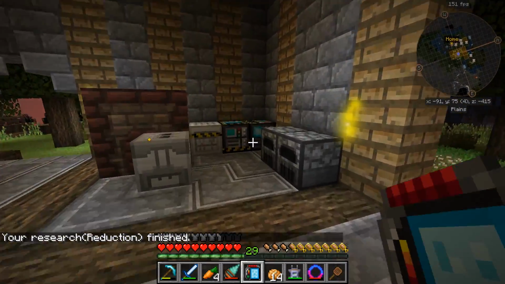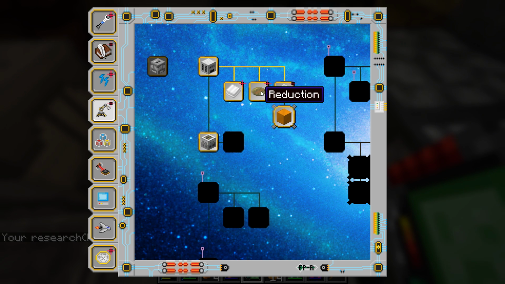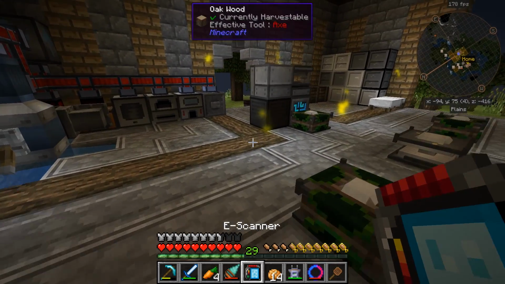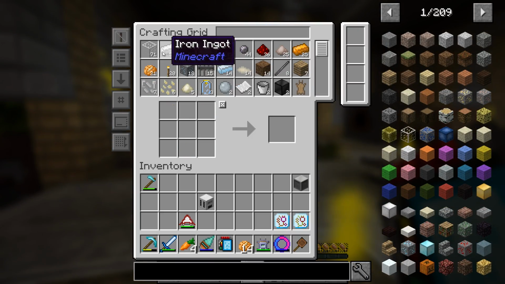Wow, that was quick. Oh, and that unlocked reduction. So all this section is complete. This guy we don't have, and the block breaker we don't have either. So yeah, it's just a lot of research, really. I think hoppers...